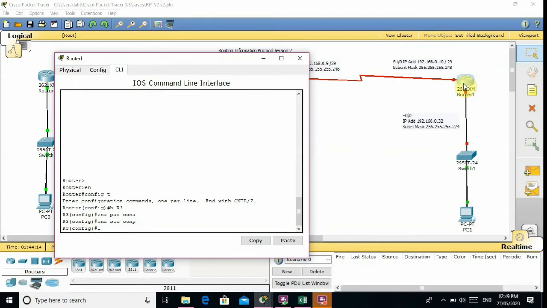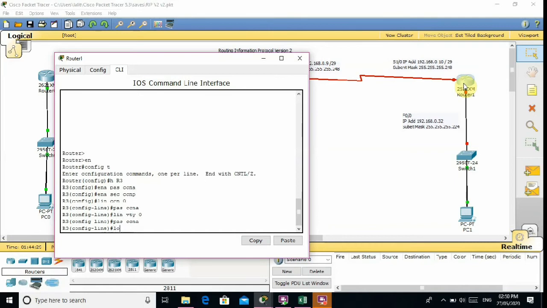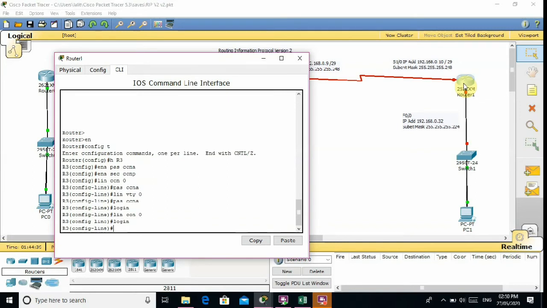Line console 0, password is CCNA and login. Line vty password is CCNA and login. Login was remaining on the line console, so I entered it again.